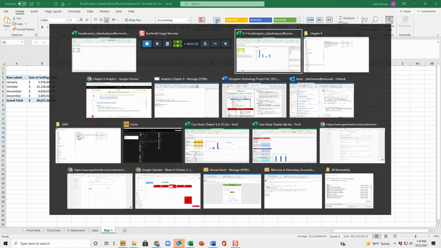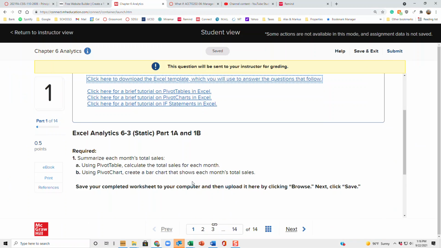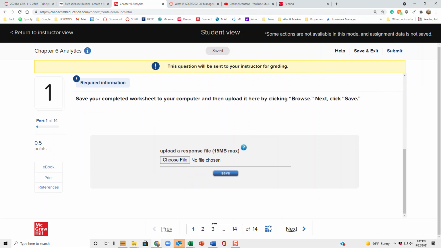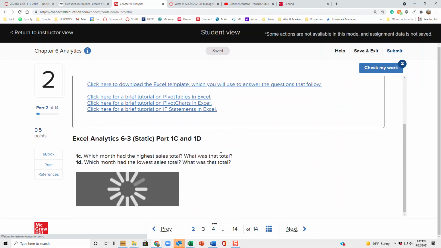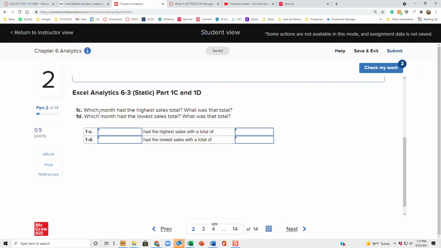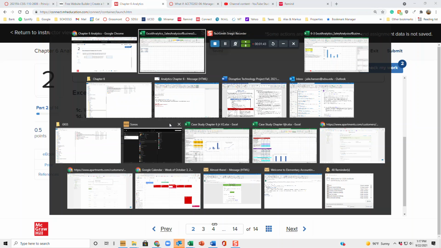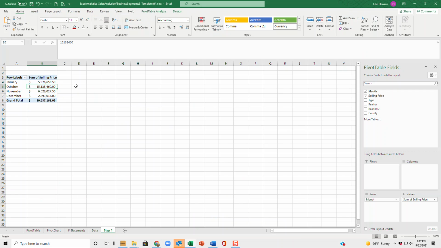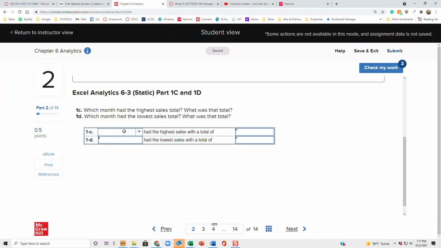Come over here, back to the question, then it wants you to upload something, and you know, you can have them do that or not, but then you can see which month had the highest sales total and what was the total and which one had the lowest. So if I come up over here, I can see that October was the highest and December was the lowest. Of course, I could always sort these, couldn't I? Yes, I could. But anyway, I'm just going to keep going here. So October highest, so I would literally just put October highest and December was lowest, and then I copy paste